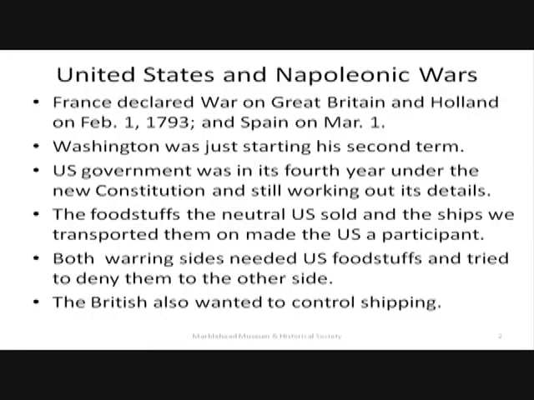In early 1793, France declared war on Great Britain, Holland, and Spain. They've been at war with other countries in Europe before that. But this is the first time Britain got involved. And at this time, this was the very beginning of Washington's first term. In fact, he had no more than gotten home to Mount Vernon after his inauguration when he had to come back to Washington to deal with the first crises involved in this war. I didn't bother with that one because it's relatively minor. But he had to do an emergency trip back.